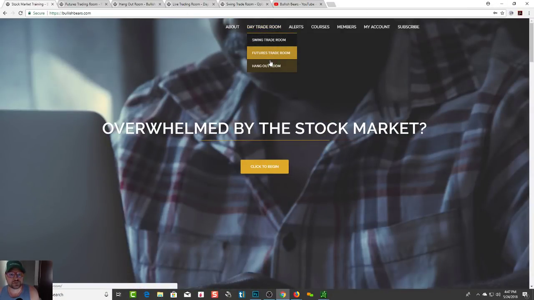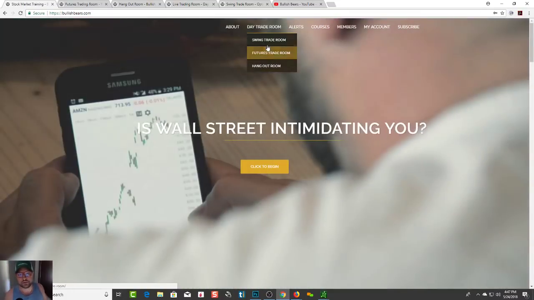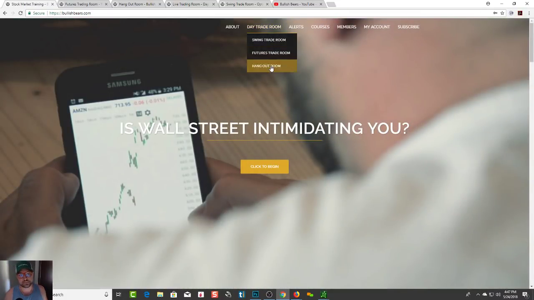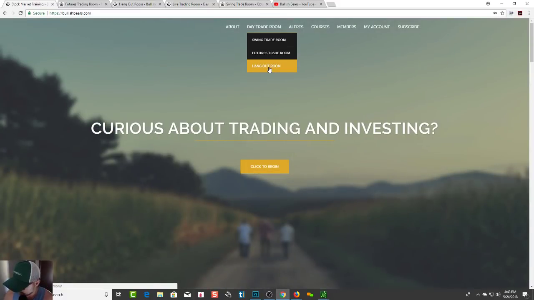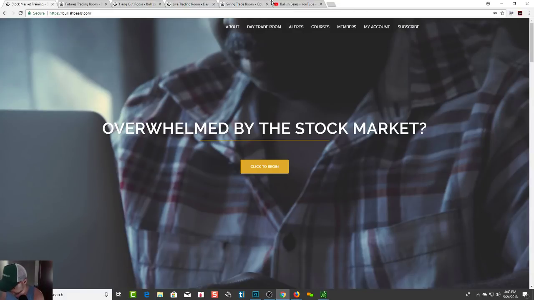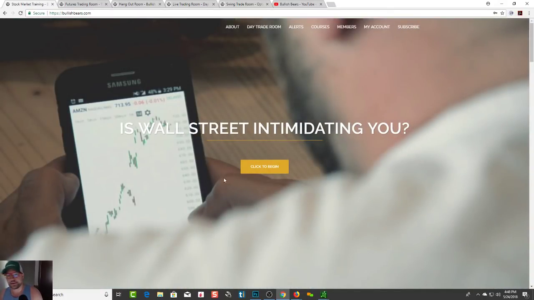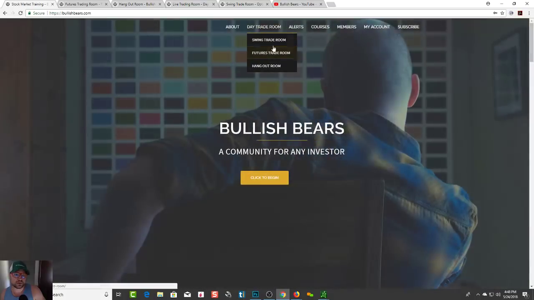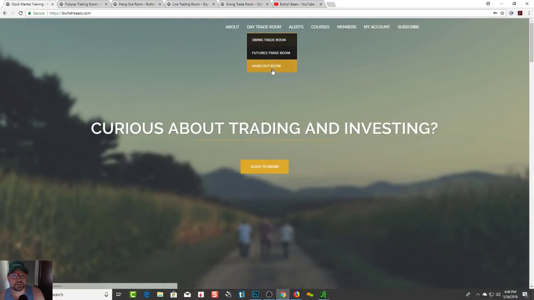So we added a futures trade room today for anybody that's into futures, and then we have a hangout room. So if people want to hang out, talk, get to know each other, just kind of have a hangout room. Guys, who has a hangout room? Anybody? You can just go and hang out, get off social media, right? A lot of people don't like using social media. So some people might not want to talk on Facebook, but they like to be on a phone, like in a chat room. So you can come in here to the hangout room and talk to other Bullish Bears members.